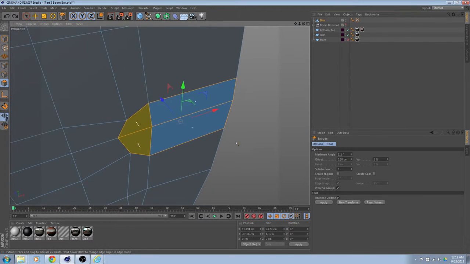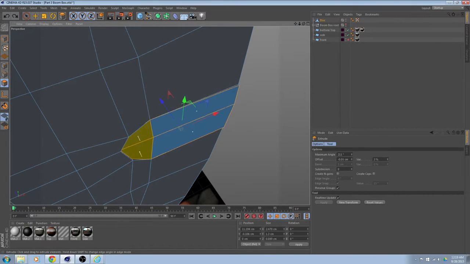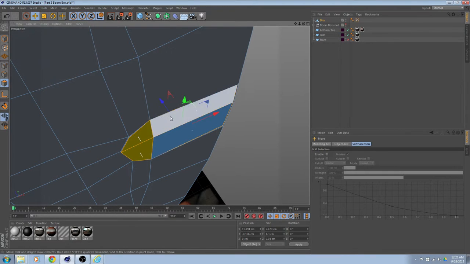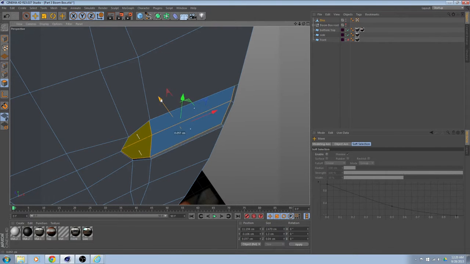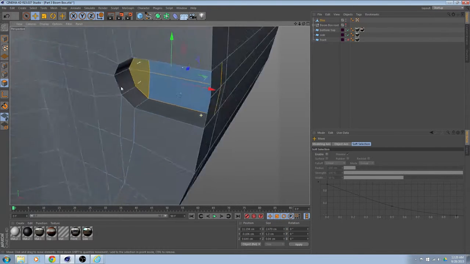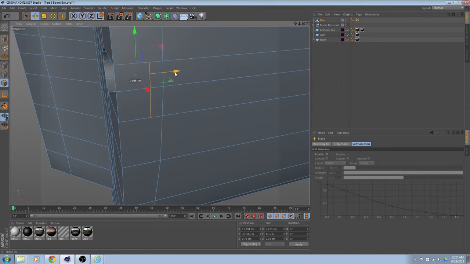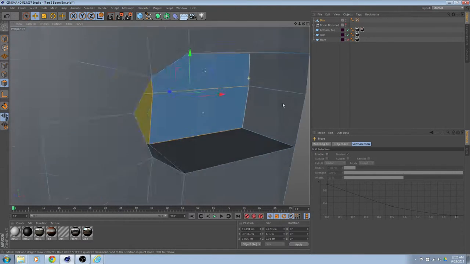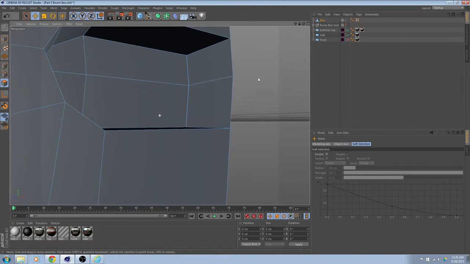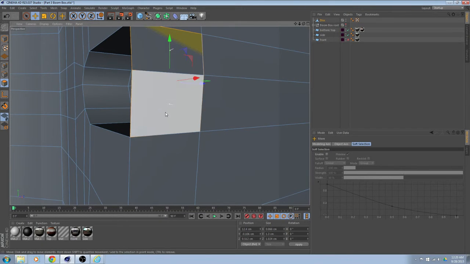Okay, so I'm going to extrude just a little bit, and since this is not working for me, yours probably if you extrude, you can probably extrude all the way in, but since mine was giving me some issues, I'm just going to extrude a little bit. I'm going to have these faces selected, and I'm going to bring them pretty close down to where I had this loop itself. Alright, now I'm going to select these faces on the side, both of them,